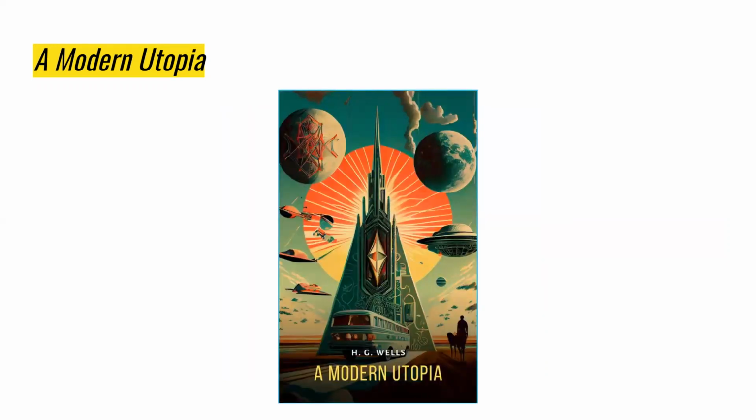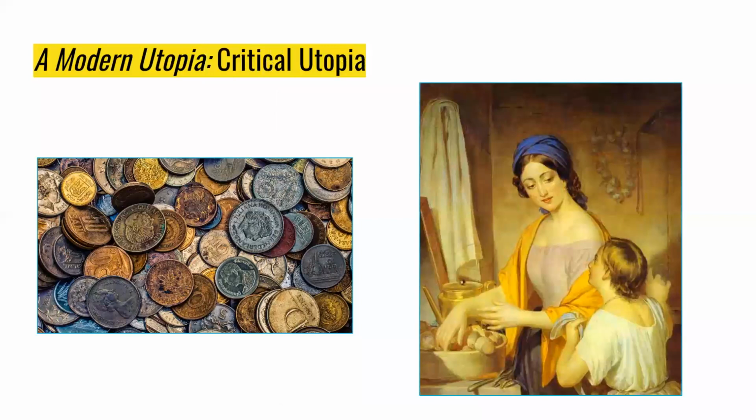In opposition to Pizan's utopia, Wells' story is an example of a critical utopia. For example, a modern utopia still requires a form of currency, gold coins, to be used by the citizens. And currency is practically unheard of in utopian stories unless it's an equal spread of wealth, like the credits used in Looking Backwards. Dissidents of utopia in this story are sent to islands, and that's similar to the dissidents in